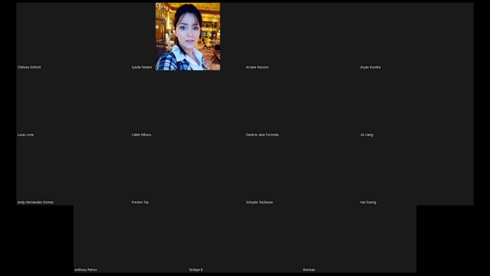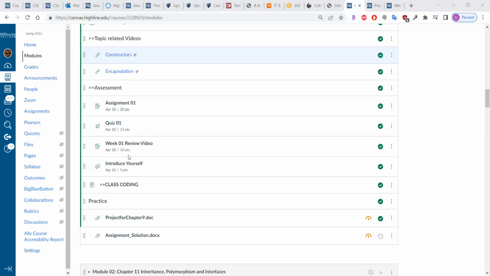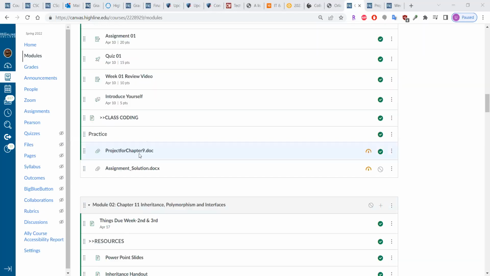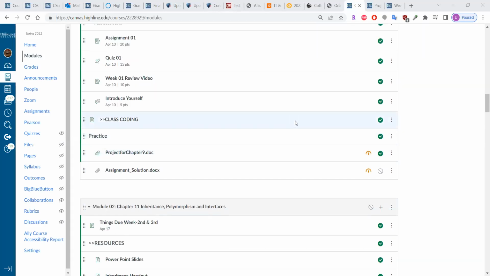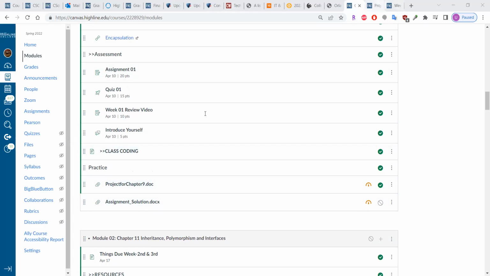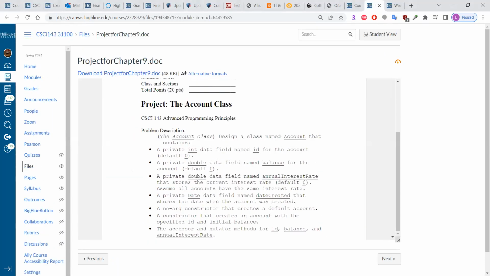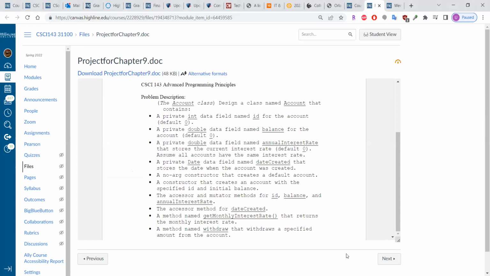It will be easier for you if you go in where it says practice in week 1 module. At the bottom, it says practice and it says project for chapter 9. Open that one. Let me share my screen. And this is the one I'm talking about. This is your week 1 module. At the bottom, project for chapter 9. Open this, it's published. It's this one, the account class. I'll be putting you in breakout rooms, and